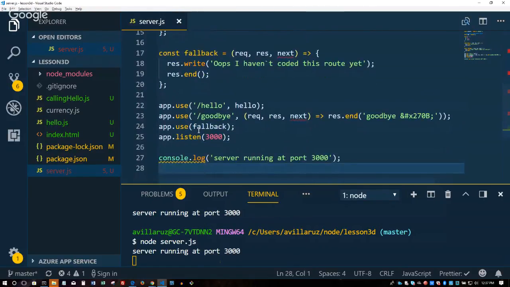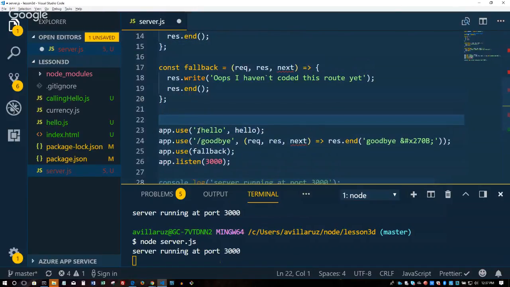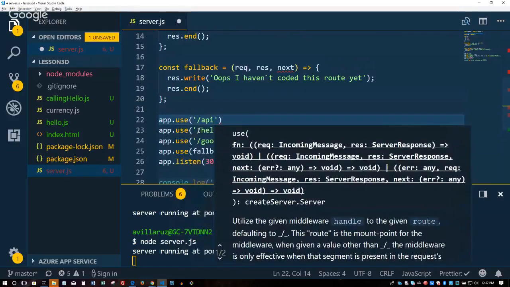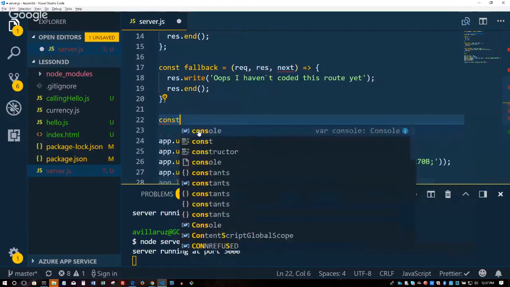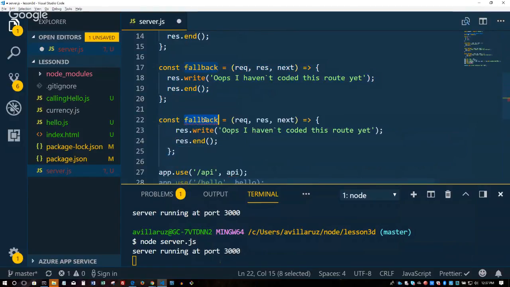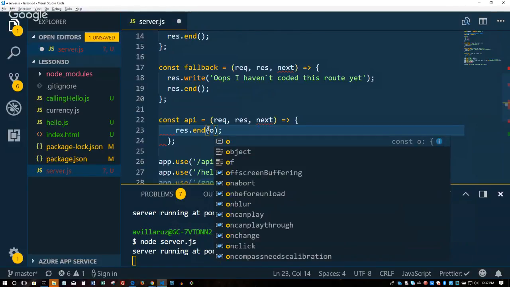What you could do is something like this. Let's create a new one. app.use. You don't have to type this in, this is just nice to know. So if the user goes to slash api, it's going to run a function called api, which I have yet to define. const api equals, you know what, I'll just copy this and change it. The only difference here is that I'm going to pass in the object, but it's not going to work because it needs to be a string.